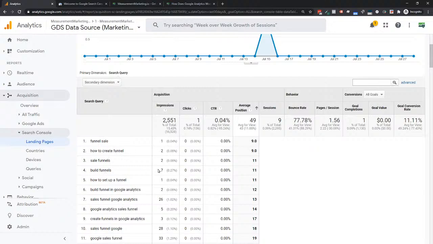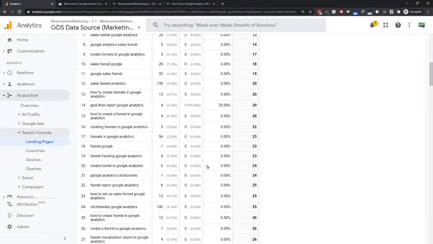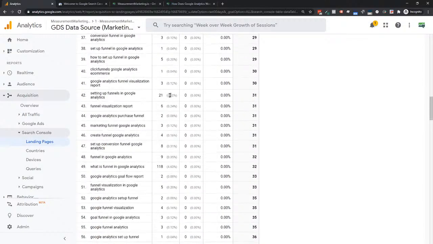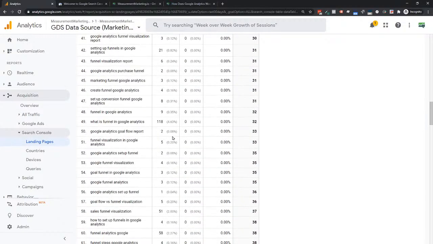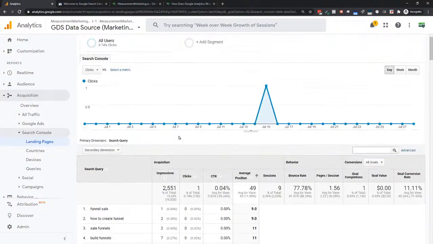How to create a funnel, sales funnel, build funnels, none of this stuff. All the stuff people were really searching for, we're number 2. Here, you see they're searching 106, we're number 25. If I come down to other ones, 118, we're number 32. So the ones that Google's actually showing us in the results, they're just not really useful because it's burying us,